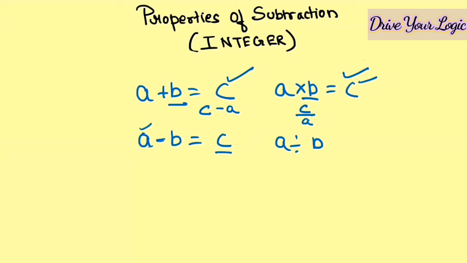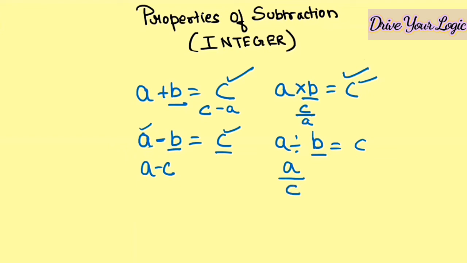So if I have to find this B, what will you do? Greater minus smaller number, because dash minus means you have to do minus. So A minus C you will do, not C minus A, because the resultant of a subtraction is always smaller. Same way in division also. The resultant is not greater. So what will you do? Suppose this one you have to find. So you will do A divide by C.